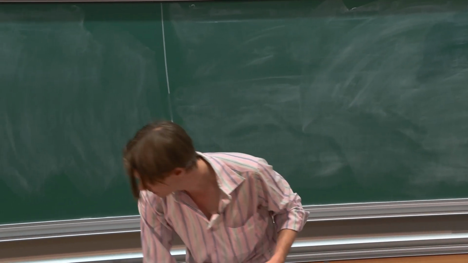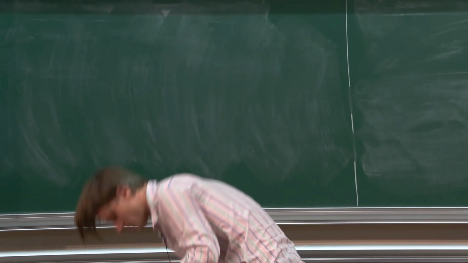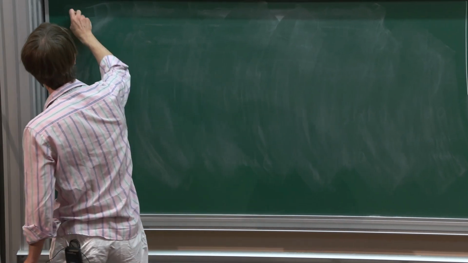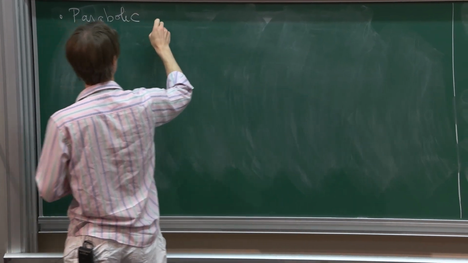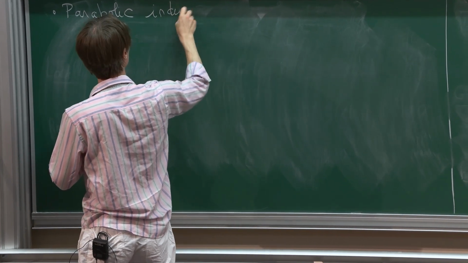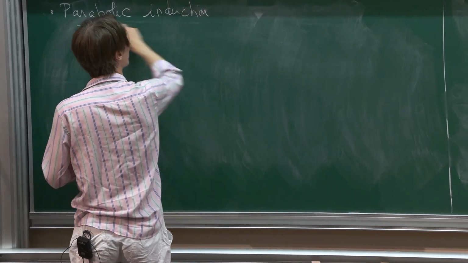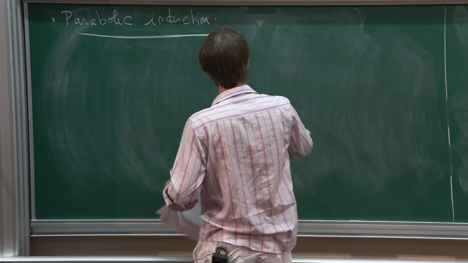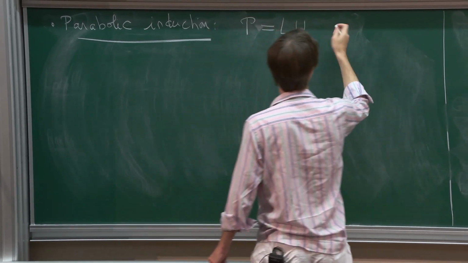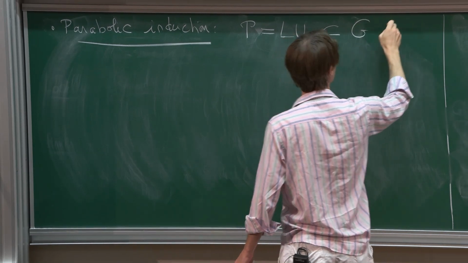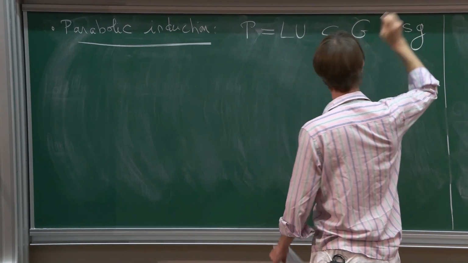Okay, and the last is not an example, but it's a way to construct spherical varieties out of old ones. And it's called parabolic induction. So there is a notion of parabolic induction for varieties. It works like this. If you take a parabolic subgroup P of G with Levi decomposition LU,